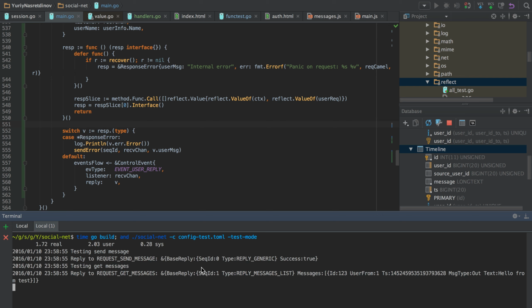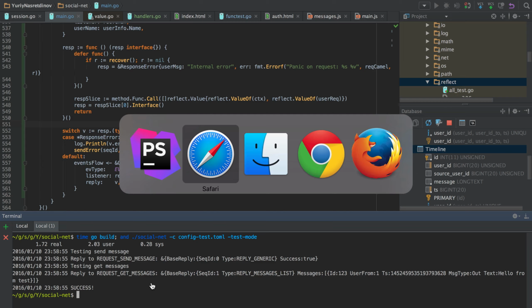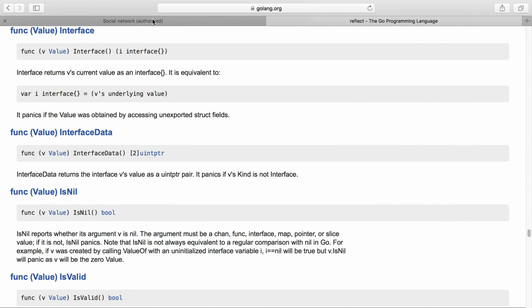We don't spoil the request. So we see now that I removed all the debug code, and our replies are correct, and they are checked in our functional test.